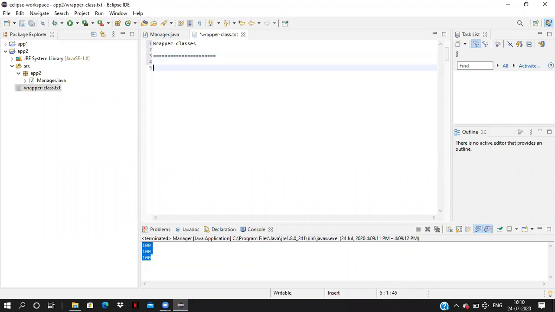For every primitive data type, we have a class in Java. Those classes we can call wrapper classes.